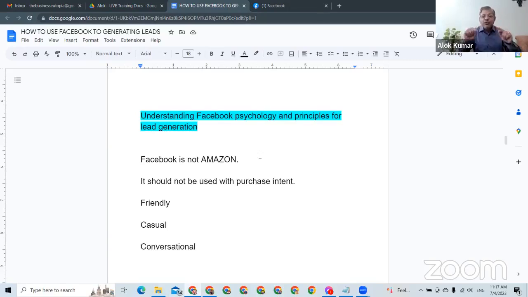Mind it. Facebook is a social media platform. Obviously, people are using, and you should also be using, like what I'm teaching you, to optimize your profile and generate leads. But here, the intent is entirely different. You do not have to come with an intent of purchase. On social media, people don't come with an intent to buy something. Mind it. Even if you are on Facebook, you are not coming here with an intent to buy something. Have you ever thought that I'm going to Facebook to buy something? Not at all. Similarly, your customers are like you. They're also not coming here to buy something from you on Facebook, right?